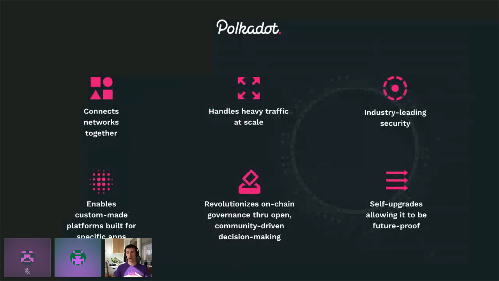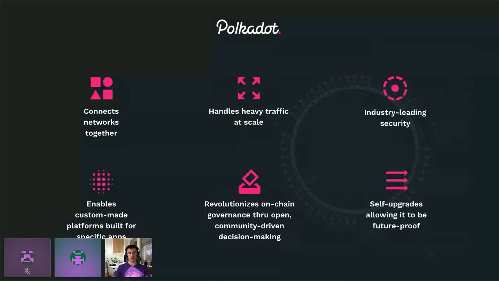Industry-leading security is a highly sought after feature. Basically, what you get if you become a parachain, a unique chain connected to Polkadot, is the fact that you can rely on Polkadot's security on the relay chain. So you wouldn't have to, for instance, find your own validator set in order to secure your network, to secure your blockchain, essentially making you less prone to attacks. We know that smaller networks that have less hashing power, less validators, and so on, are more prone to something like a 51% attack, which you essentially as a parachain shouldn't be worrying about.